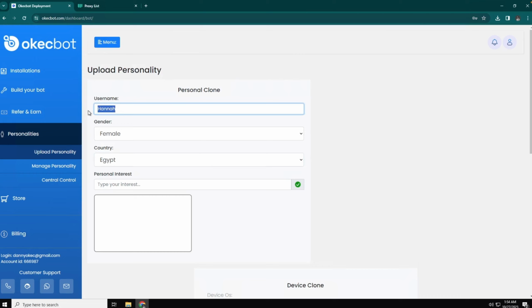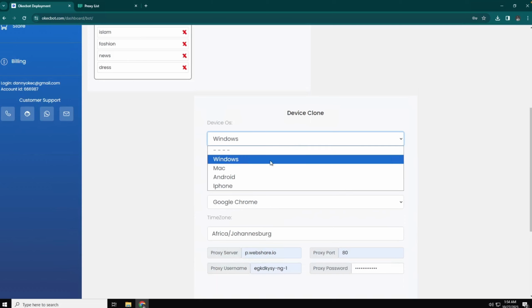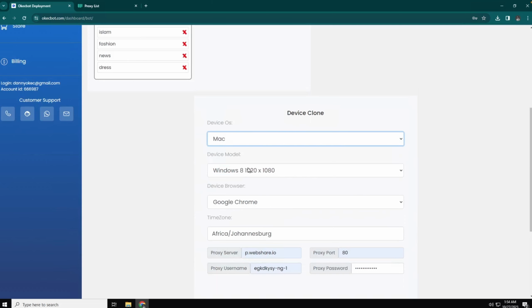Let's say Miriam. Now our interest will not be, let's say, Islam, let's say fashion, let's say news. Notice that women are always interested in, let's say, dress, and that is that. Now you go straight down and close our device to, let's give her a Mac, and this time